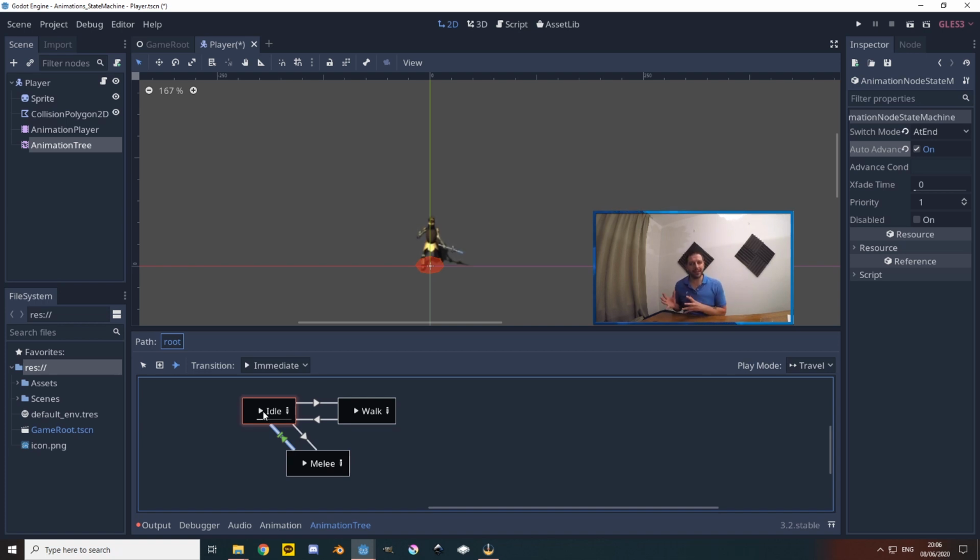will automatically advance at the end of the animation back into the idle animation. So that whole going back to the idle animation is all handled by the animation tree now, and we can remove all those lines of code from our script, seriously cleaning up our script and giving us so much more overview in our script.